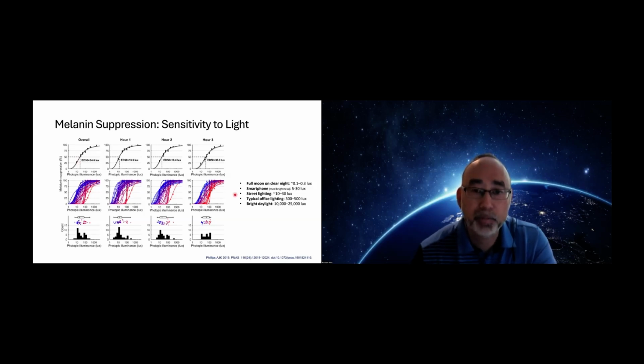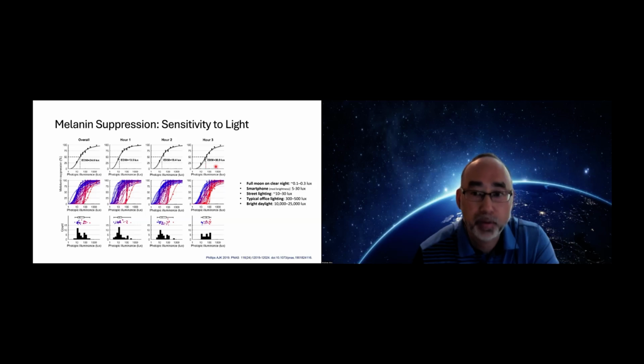And just to give you some context, a full moon on a clear night provides about 0.1 to 0.3 lux. Exposure to smartphones in dark settings at medium brightness is about 5 to 30 lux. So you could already see that just watching or taking a look at the smartphone at night leads to suppression of about 50% of melatonin. And then if you have street lights or even bright lights, it's much larger here. And you can see that there is greater sensitivity in the first hour after DLMO